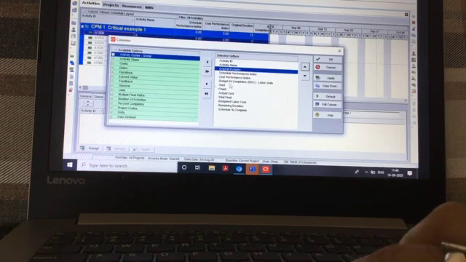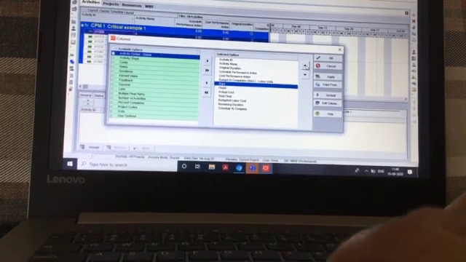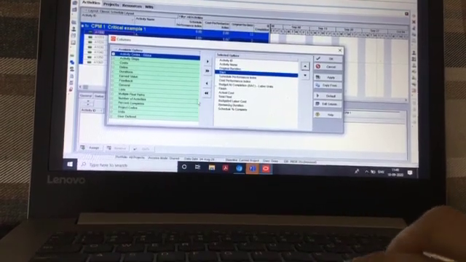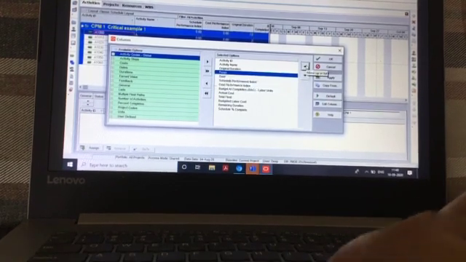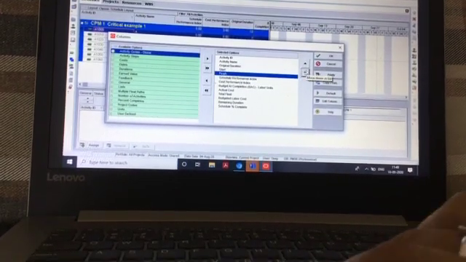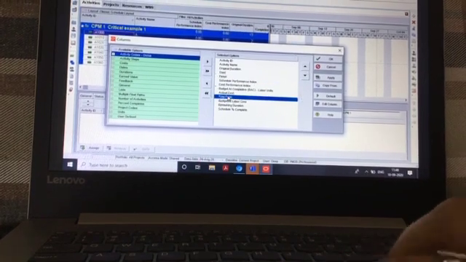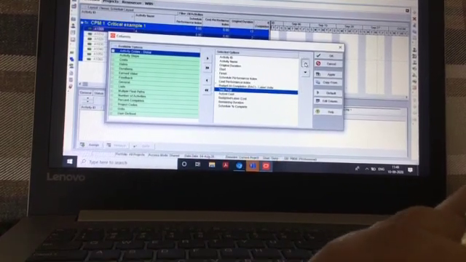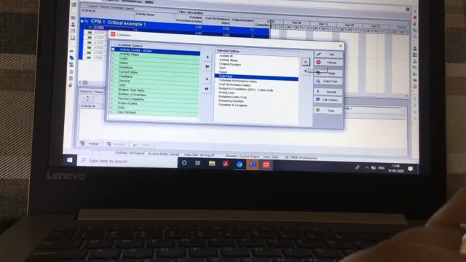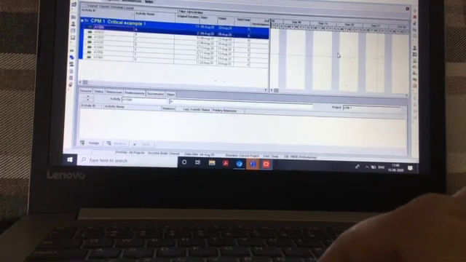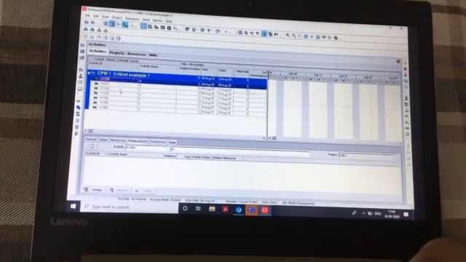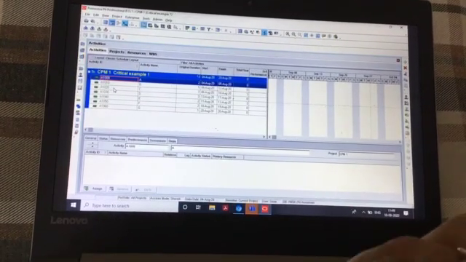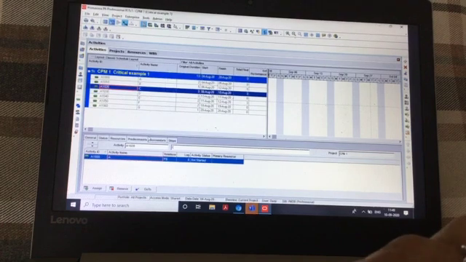Activity name is there. Start. Definitely finish. Total float, yes. So this is the critical path method.